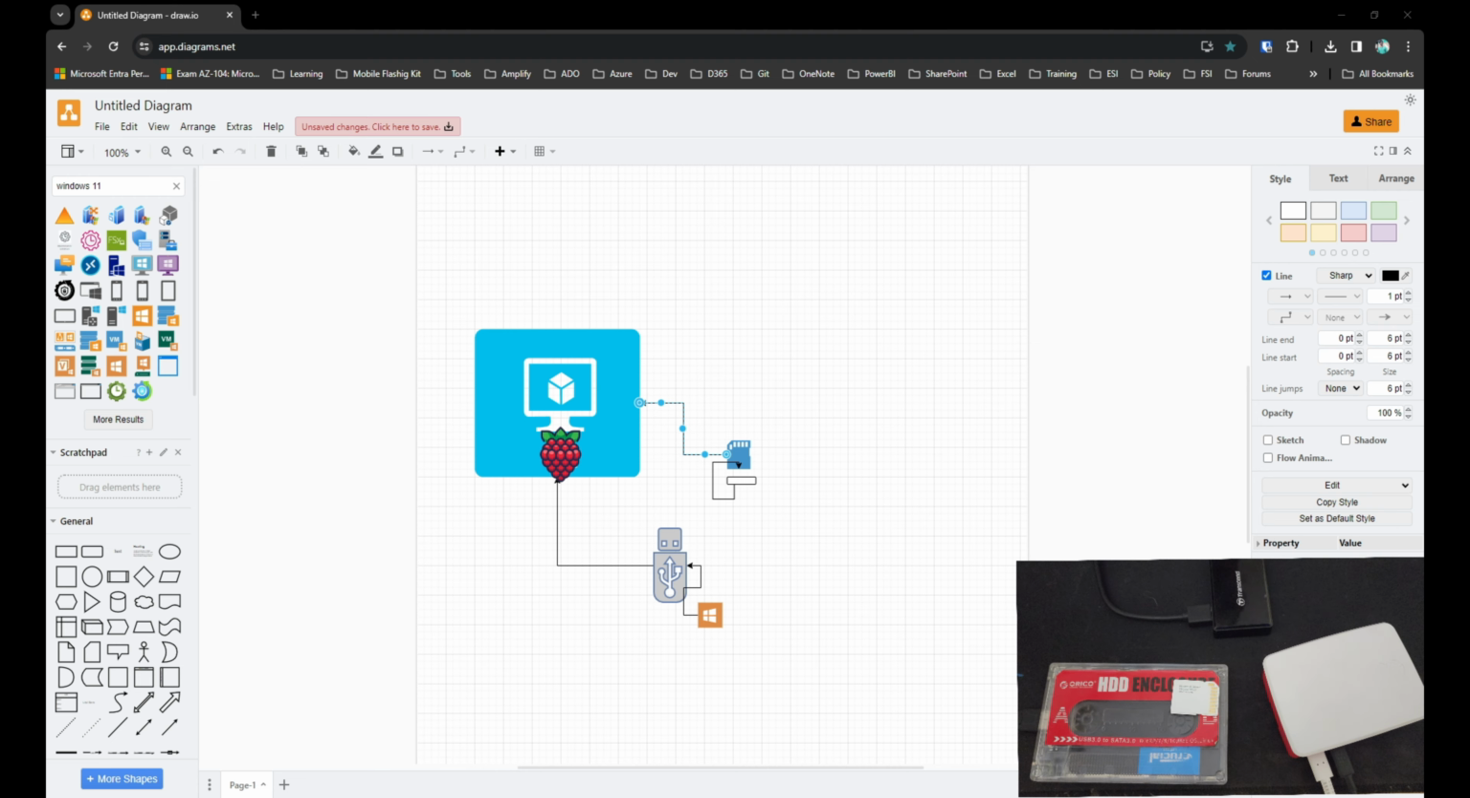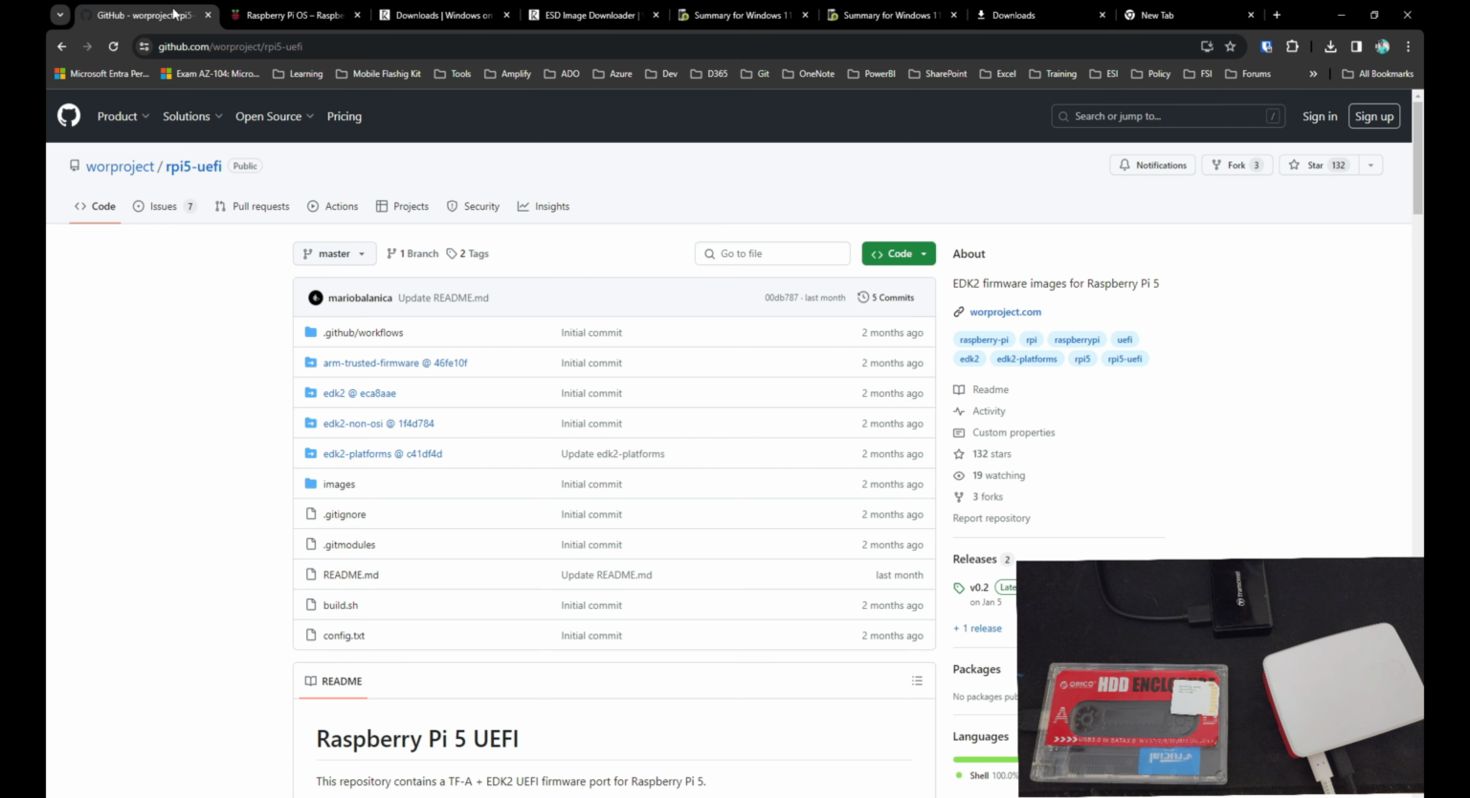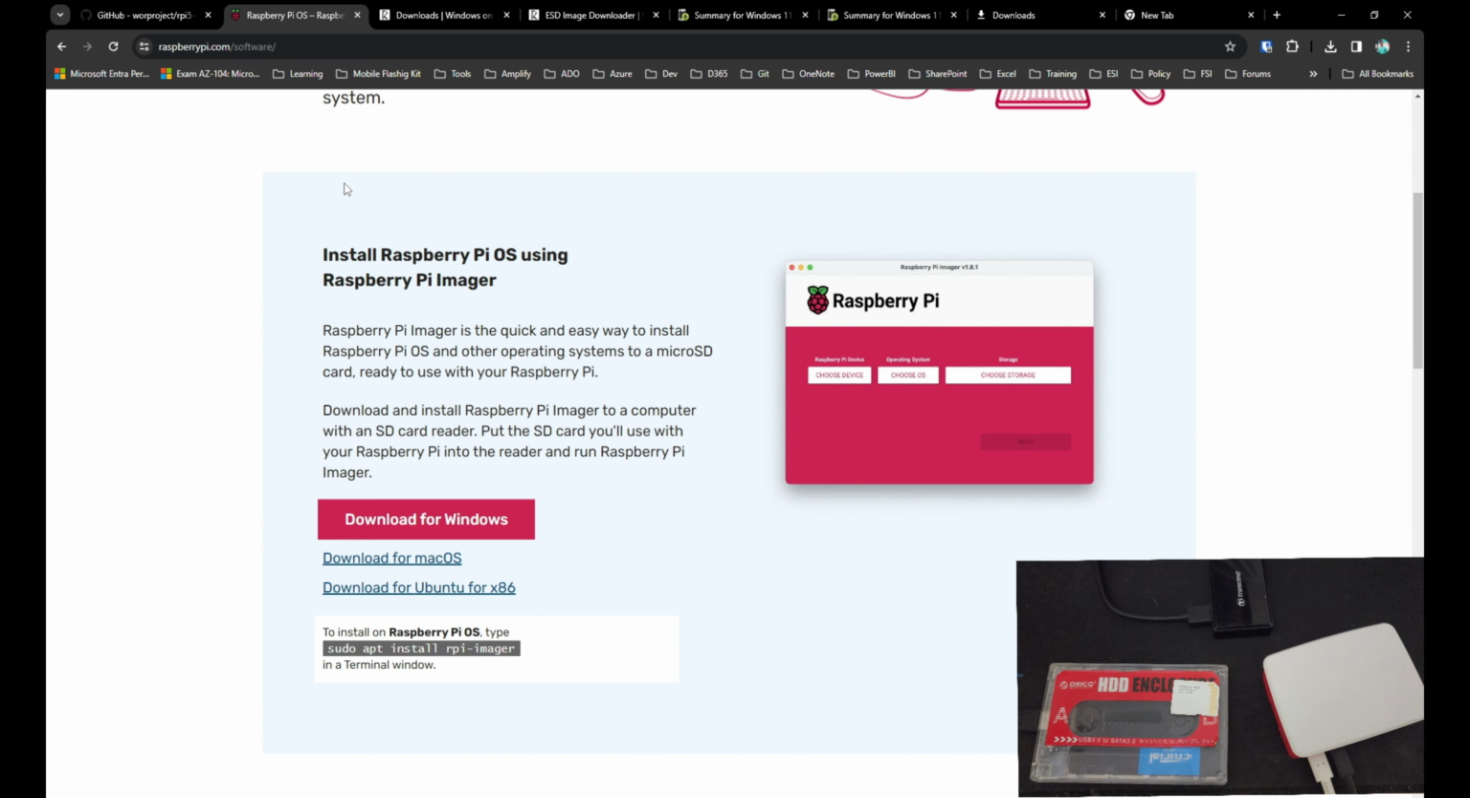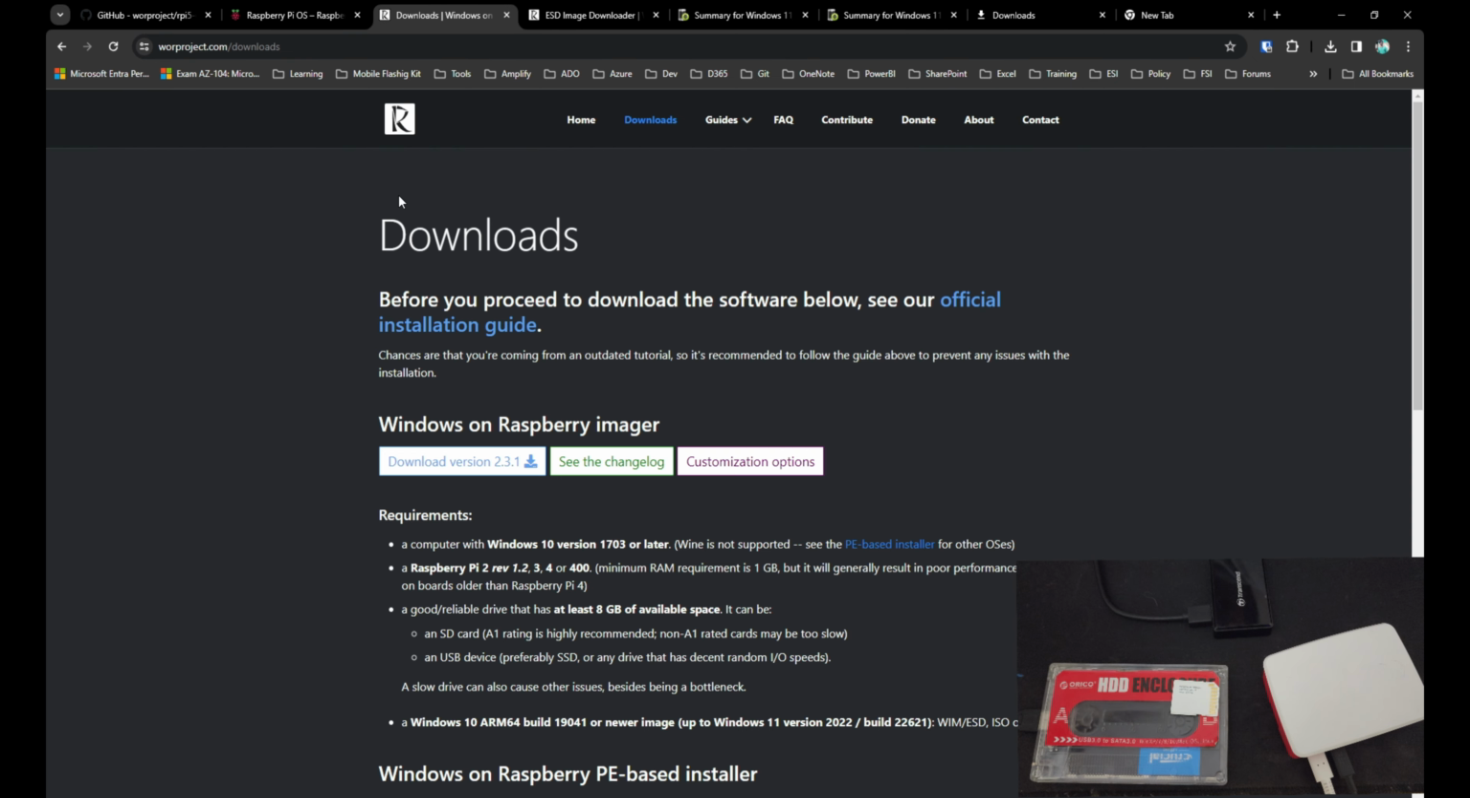first what we're going to do is download the custom bootloader. I will share this link in the description box below. You go to this link, you click on the latest version here, and you download the custom bootloader. And then you need to download the Raspberry Pi 5 imager. This is just to format the SD card to the FAT32 format, and then you go to the